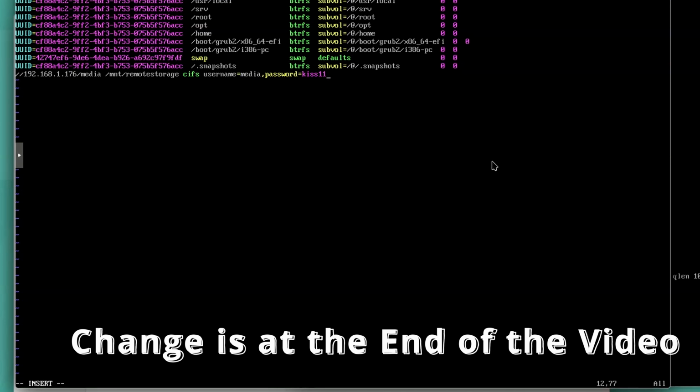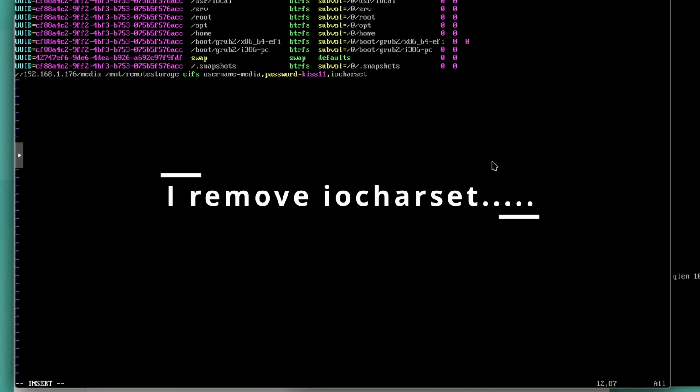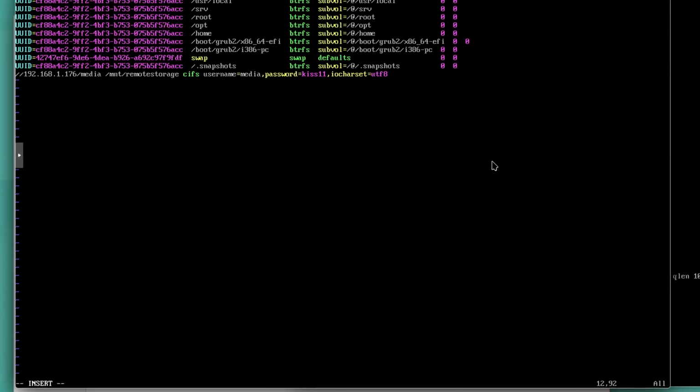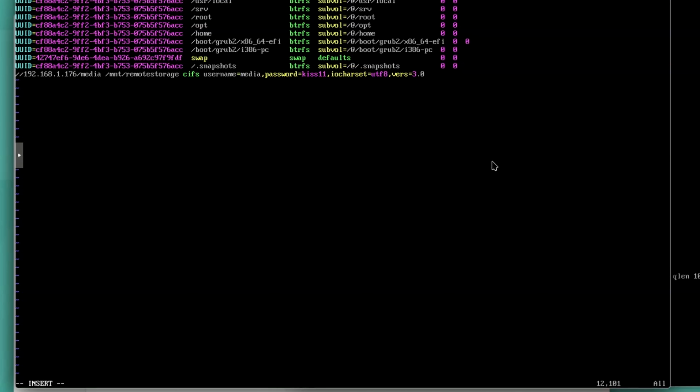This is not the password I use on a regular basis. This is just for testing. Now once in a while I do the iocharset=utf8. I don't always do that, but sometimes I do. We want to specify the version equals 3.0 and then comma nofail. And then we do x-